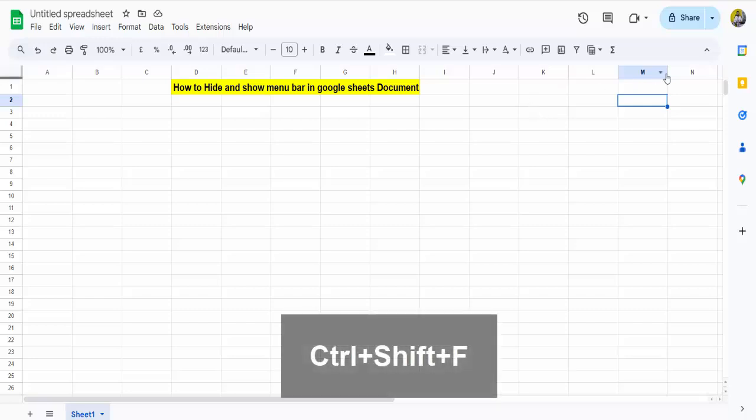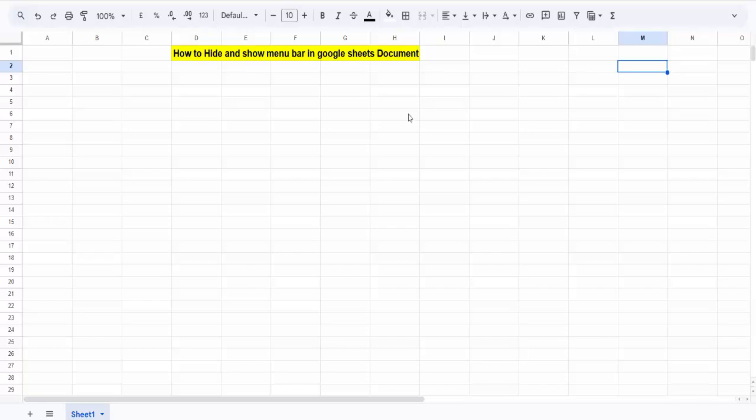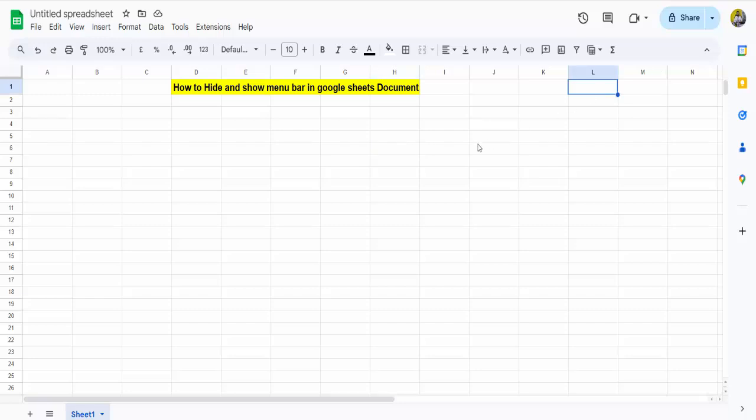Now on the keyboard, press the shortcut key Control Shift F. That's it. Then again, to show the menu bar, use the shortcut key Control Shift S. That's it. Then we have shown how to hide and show the menu bar in a Google Sheets document, which is very